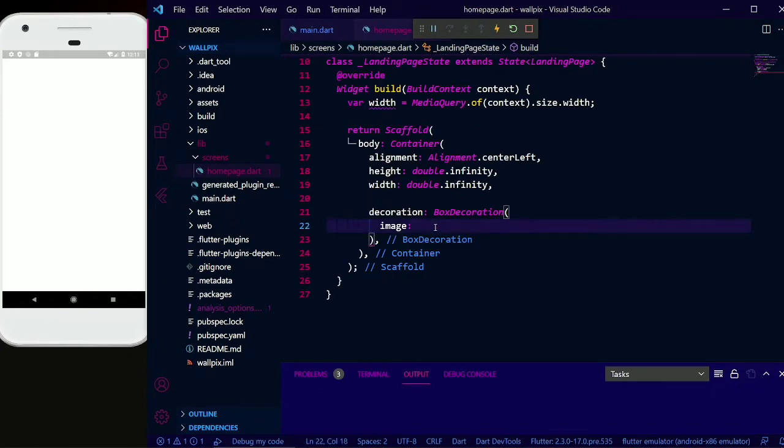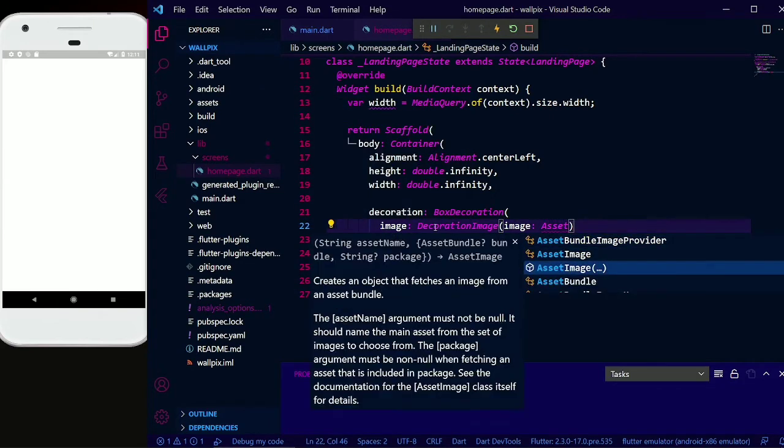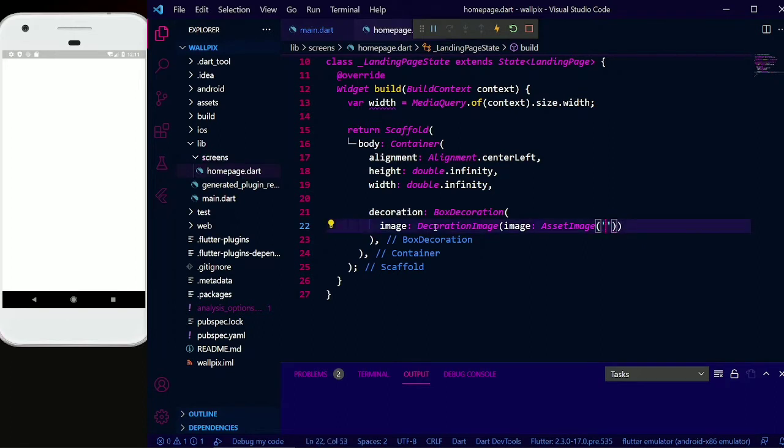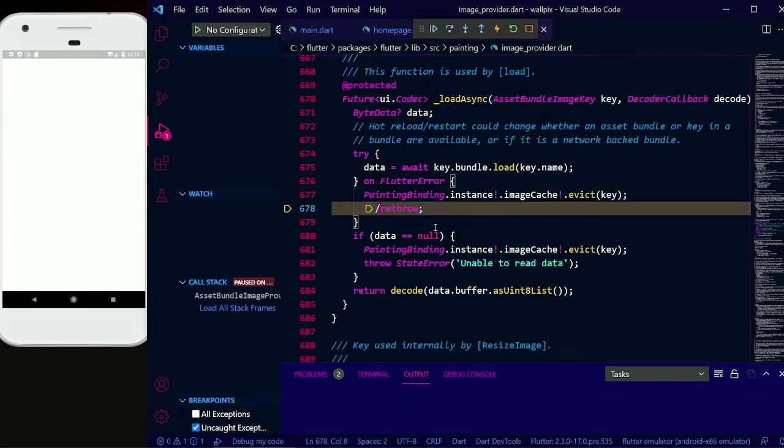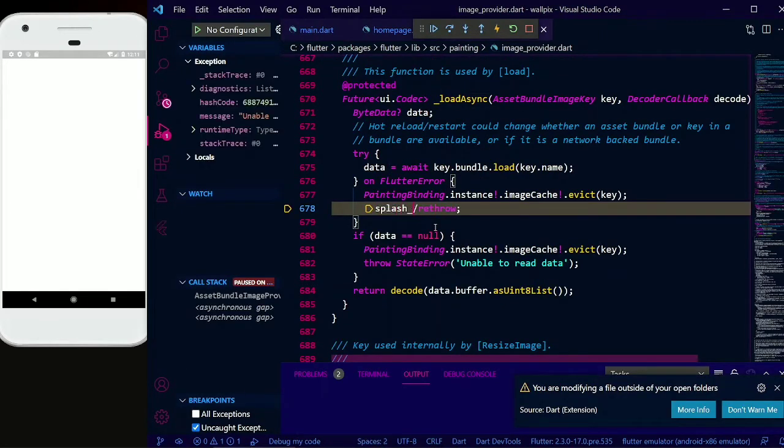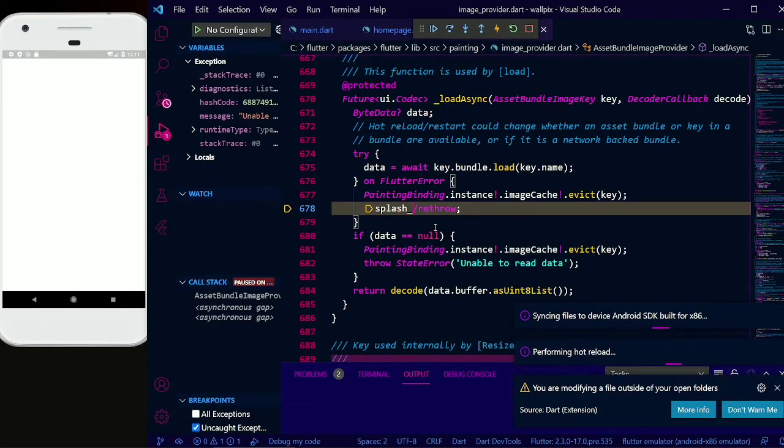Image would be decoration image. The image would be our asset image that we have in our assets. The asset name will be assets slash images slash splash